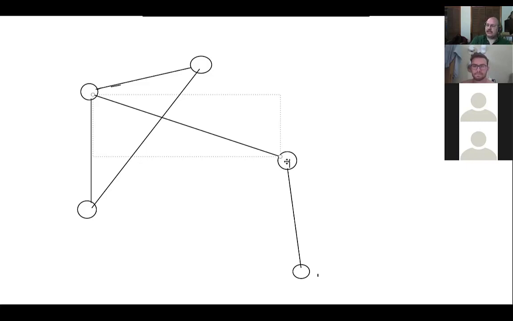So maybe that's milliseconds, or maybe it's miles or kilometers or whatever. But these edges can start to get values, and that gives my graph even more meaning, because now I can start to go, well, wait a second, if I have this type of meaning, then maybe I can start to figure out how to get from one point to another. And that becomes real important. That's a big part of what graph theory actually solves,